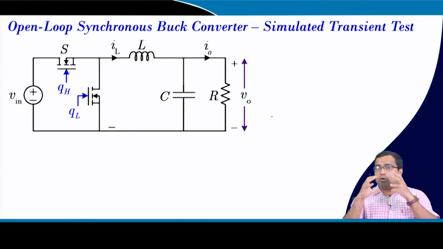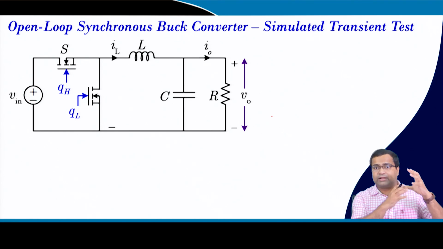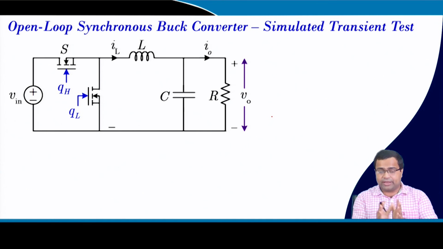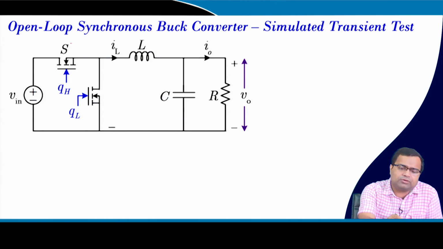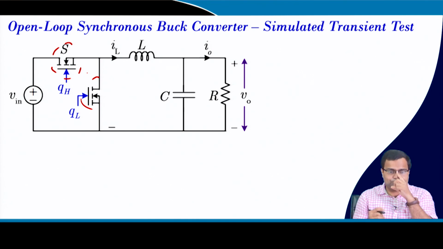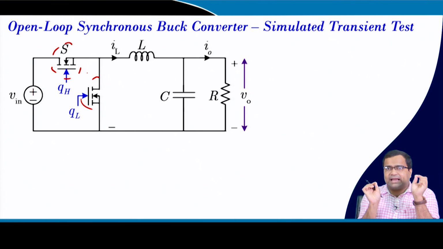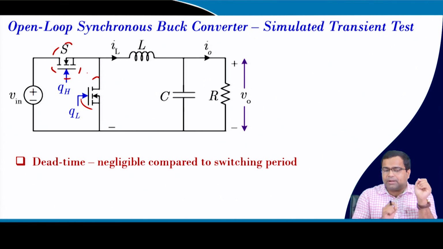Now, coming back to an open loop buck converter. We talked about a closed loop boost converter. In an open loop buck converter, if you take a synchronous one, we can take the MOSFET, high side and low side MOSFET, and we need to provide dead time for a real MOSFET. But here the dead times are much smaller than the total time period, so for the time being we are neglecting them.